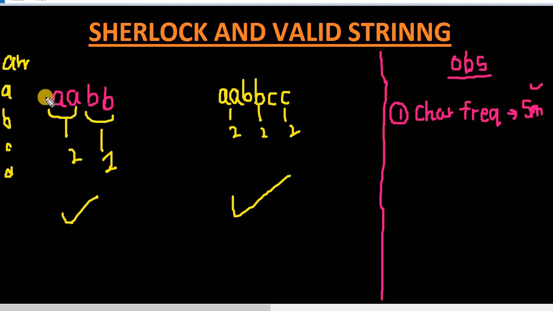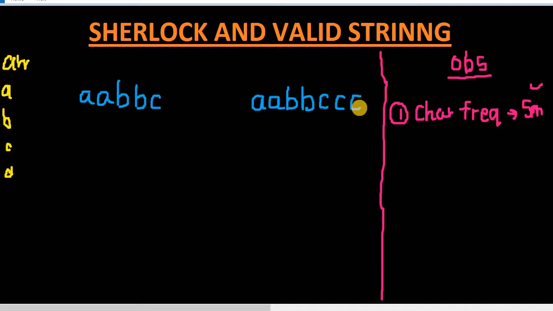For this particular example, A had frequency 2 and B had frequency 2. Then we loop through the array and check whether all the non-zero values are the same. If the same, then we say this is a valid string. Similarly for 2, 2, 2 and the remaining values 0, we check that all the non-zero values are the same, that is 2, so it's a valid string. This is a plain observation. Let's move ahead with the second observation. Let's look at these two examples, and we can learn so much from them because they are similar yet different.